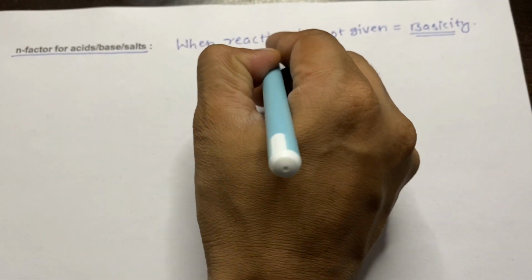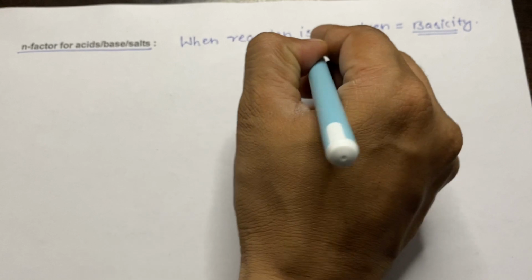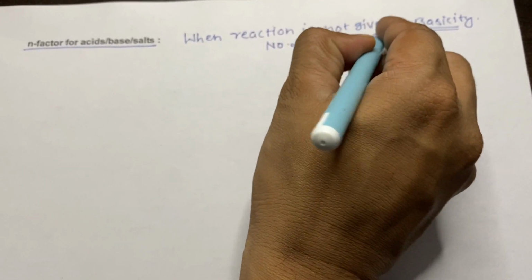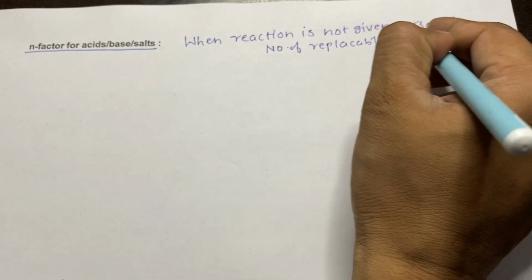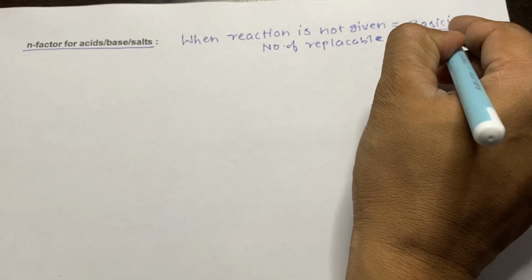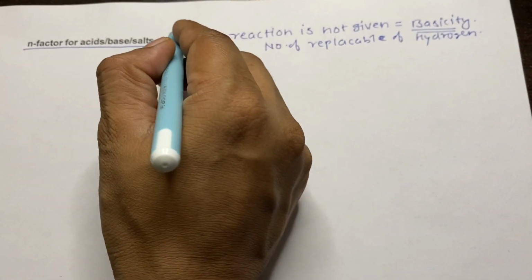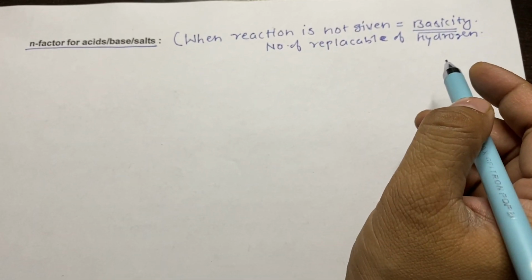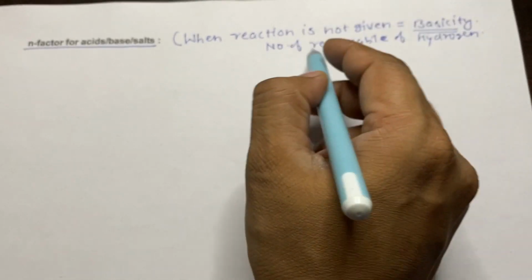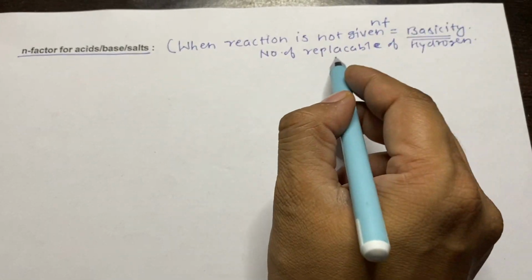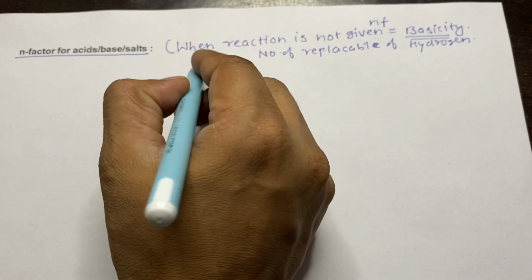Basicity stands for the number of replaceable hydrogen. So when the reaction is not given, the n factor of acid will be equal to basicity, which is the number of replaceable hydrogen. For example,